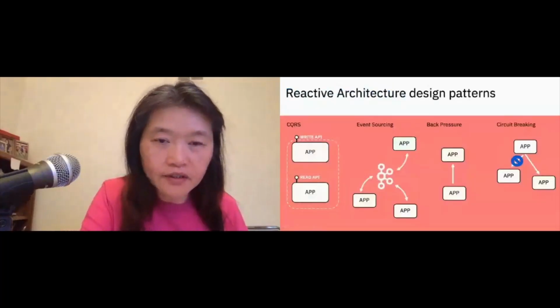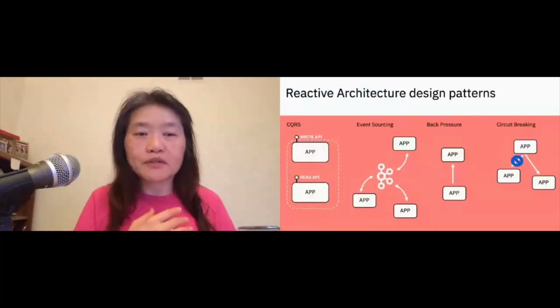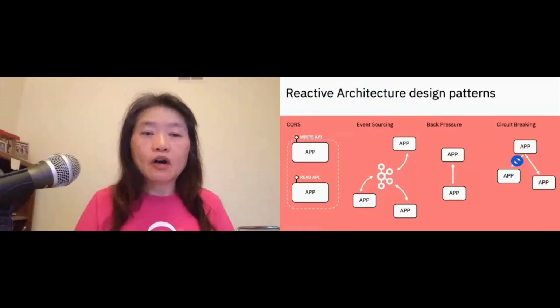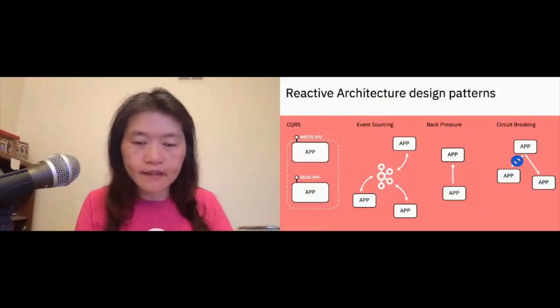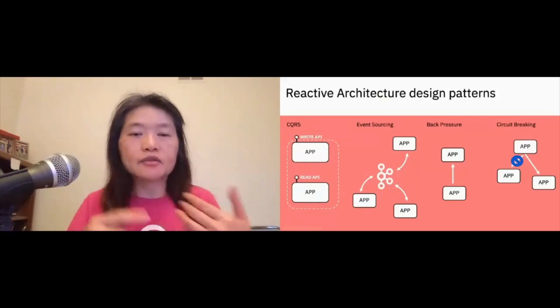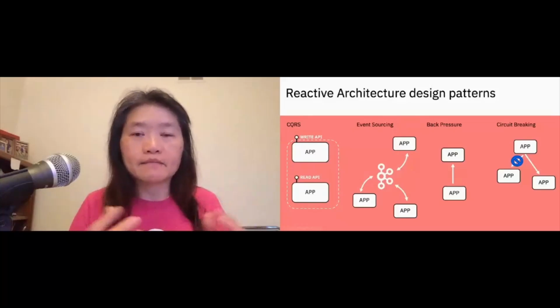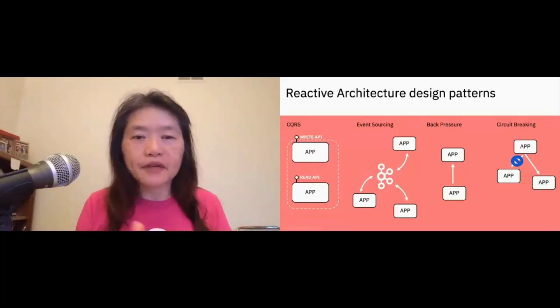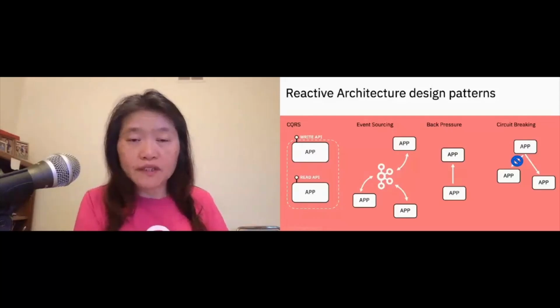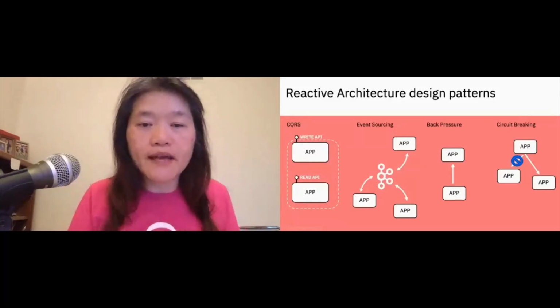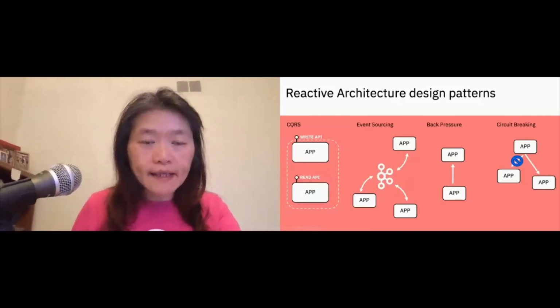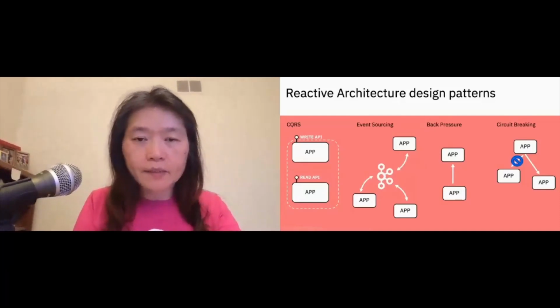Let's move on to the next topic, which I'd like to bring up in reactive systems. There are also reactive design patterns. I'd like to highlight a few among others, and towards the end of this set of slides I have a link to a reactive systems patterns website that has a very good discussion of all the design patterns. These are the ones we are probably more familiar with. First of all, I'd like to highlight back pressure.